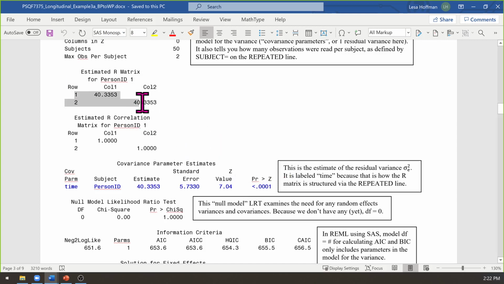This covariance matrix, as it is called, gets turned into a correlation version, which is standardized. Each of the variances is standardized to 1, and whatever the covariance would be in here is going to be standardized to become a correlation. So in the next model, we'll see actual values there for what the predicted correlation between occasions is supposed to be.